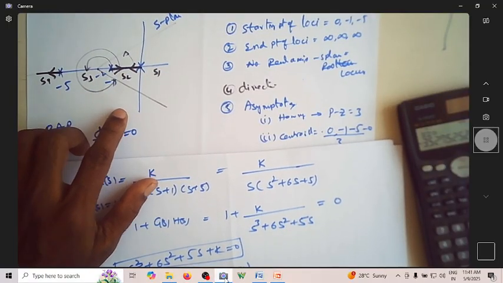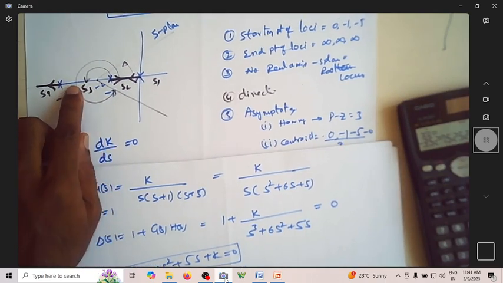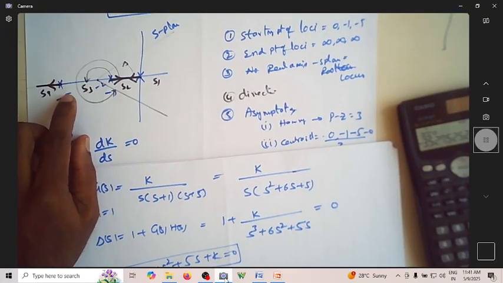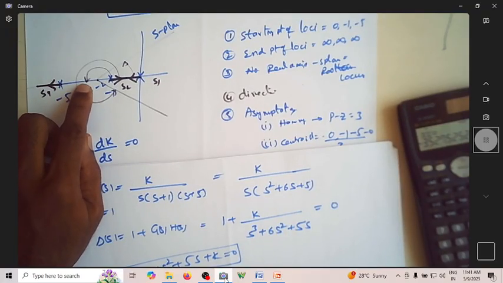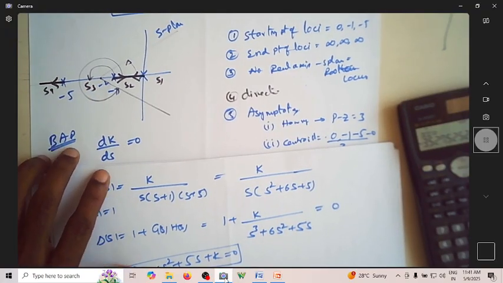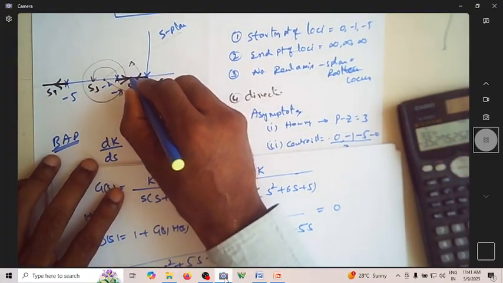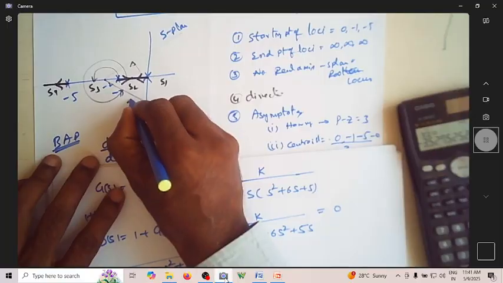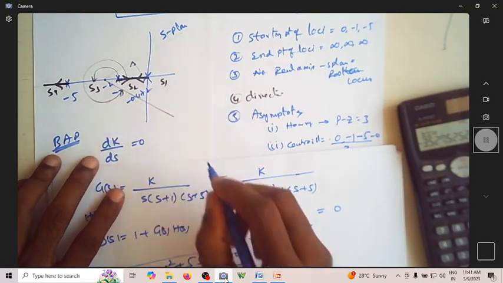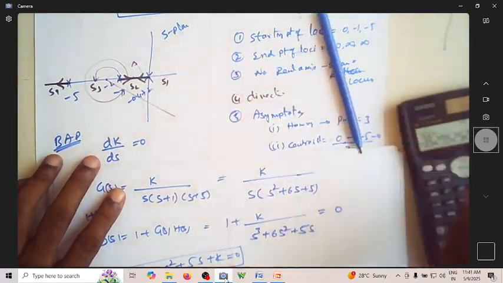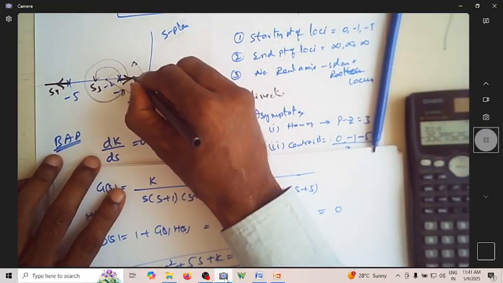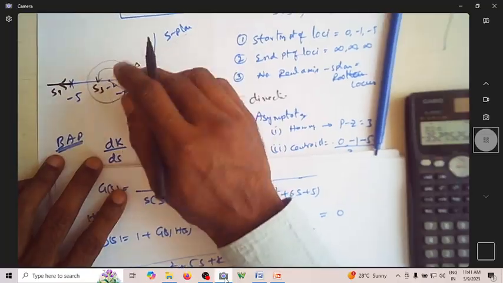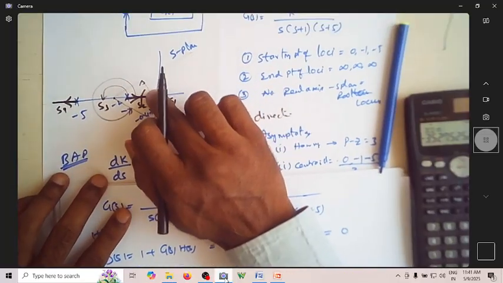This is not a valid breakaway point because between minus 2 and minus 5 there is no root locus coming at all. So it will break here at minus 0.472. Once it breaks, it will become complex, and we know that this asymptote will guide them to go to